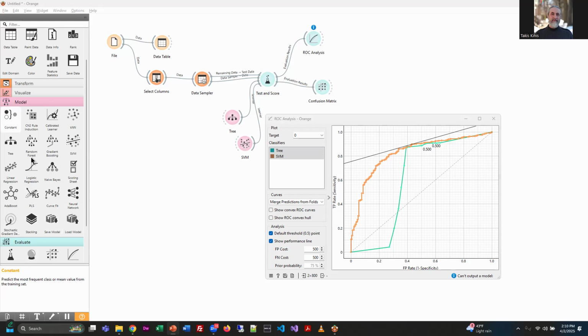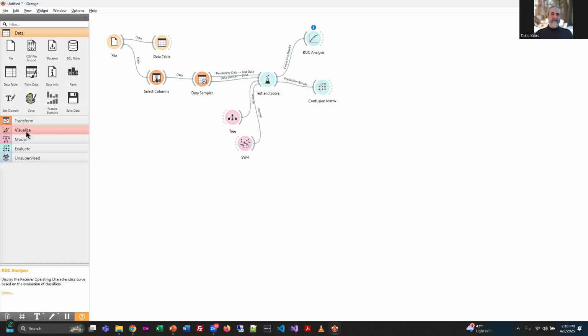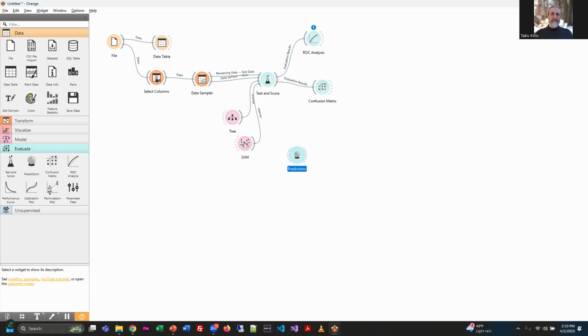Next thing that we want to do is expand the evaluate area. We're going to throw in a predictions thing here. You notice how that's a crystal ball. With the predictions, we now want to connect the data sampler to the prediction. So the right side of data sampler to the left side of predictions. And if you need to move these to make the pathways clearer, just do that. We want to double click on the connection here,